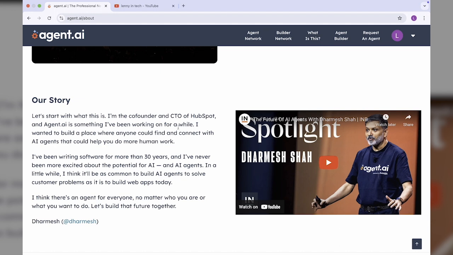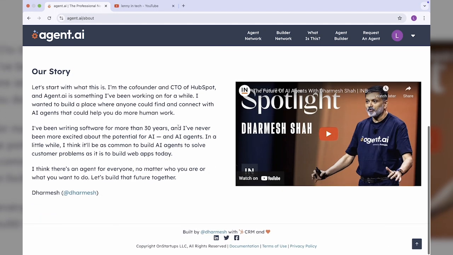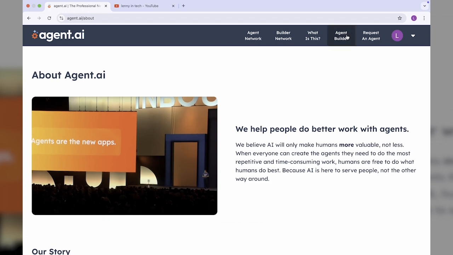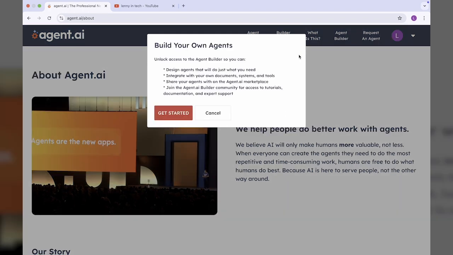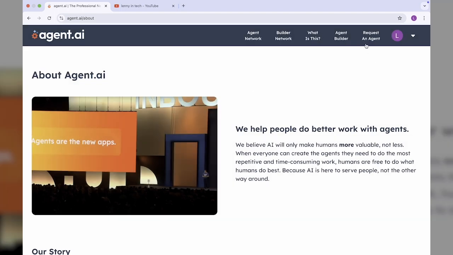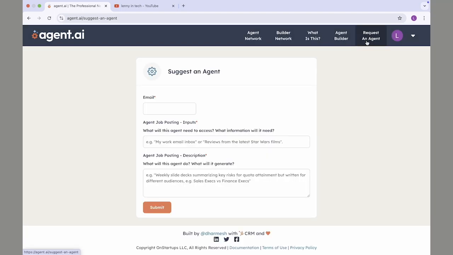Agent builder. If you also want to build your own agents, you'll be able to do so by just clicking on agent builder. Get started. If I click on request an agent, for instance, you want an agent and you don't find it on the website here, you can request it, and I'm thinking maybe someone would build it for you. But I think this is a really good tool, guys. It's very good. I like it. I think I'll be using it a lot